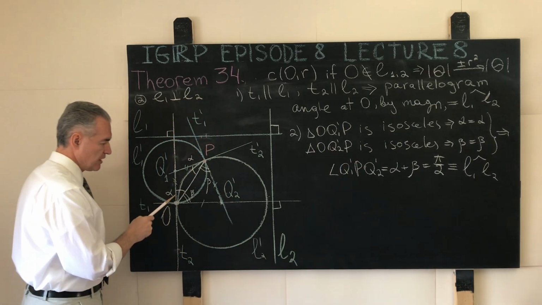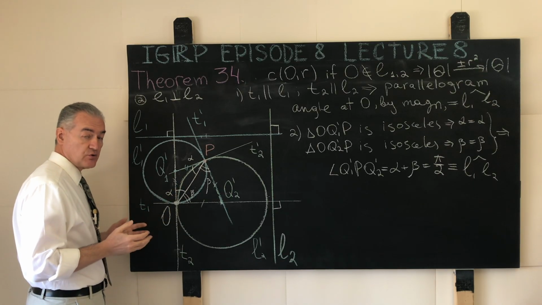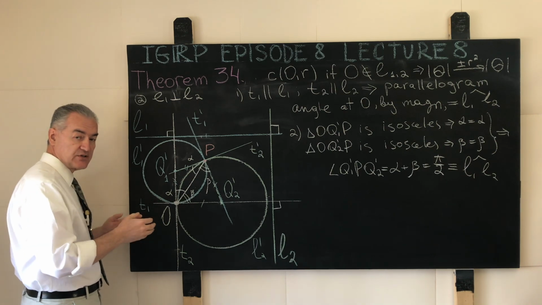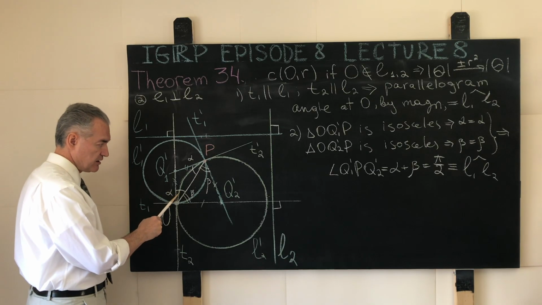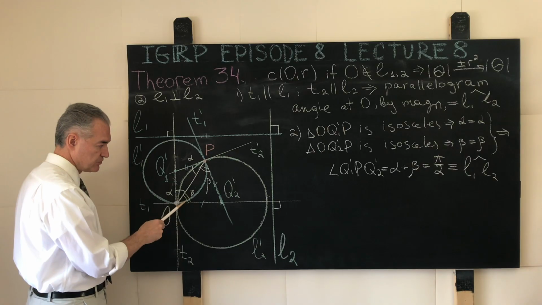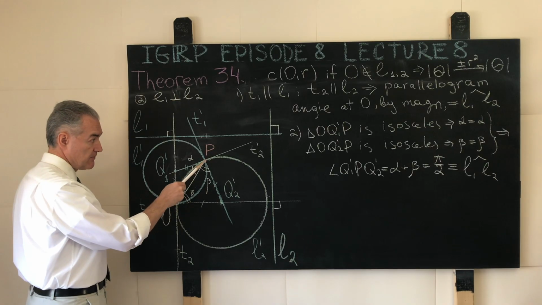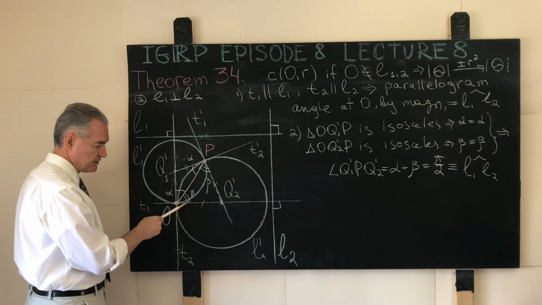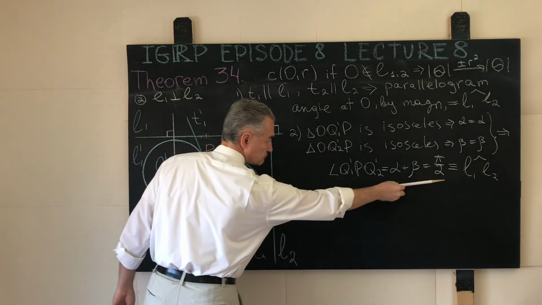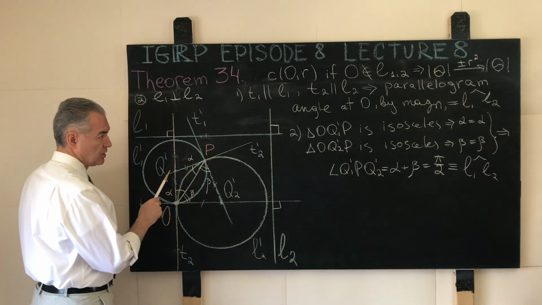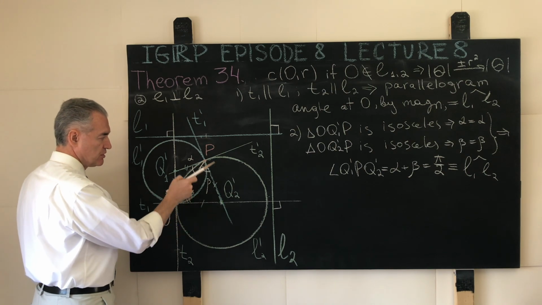So when I wrote alpha equals alpha, this is basically my shorthand notation to say that the magnitudes of the angles at the base of every non-degenerate plane Euclidean isosceles triangle must be equal to one another. So there we go. This angle is equal to this angle, and this angle is equal to this angle. So this must hold at both vertices, O and P. And that means that alpha plus beta at the point O must be the same as alpha plus beta at the point P. So the magnitude of the angle Q prime 1 P Q prime 2, this angle right here,